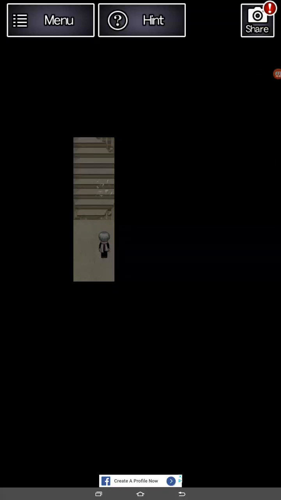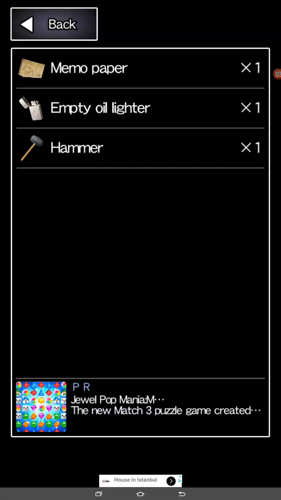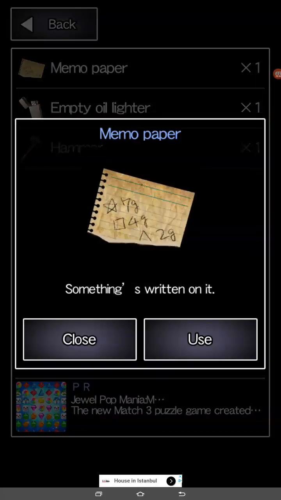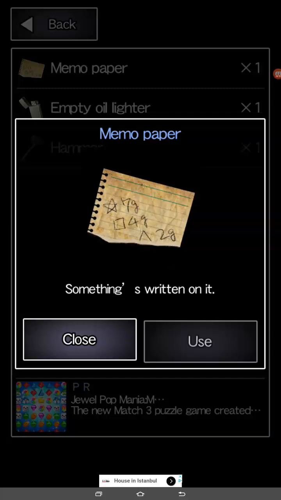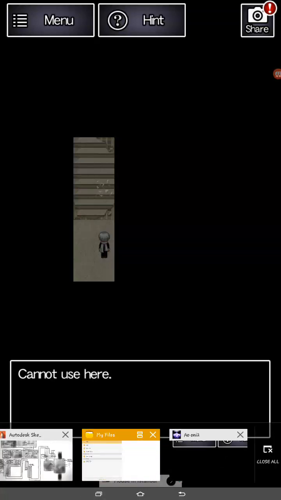Okay, back at the entrance of floor number 2. And just to cover going into floor number 2, the items you're going to have with you are the memo paper, empty lighter, and the hammer. I don't know what the memo paper and the empty lighter are used for. You might have to use these numbers again, or maybe just use the paper itself to write something else on. But I'm sure we're going to use it again if it's still in our inventory. So that is it for this video, but just to show it off again,